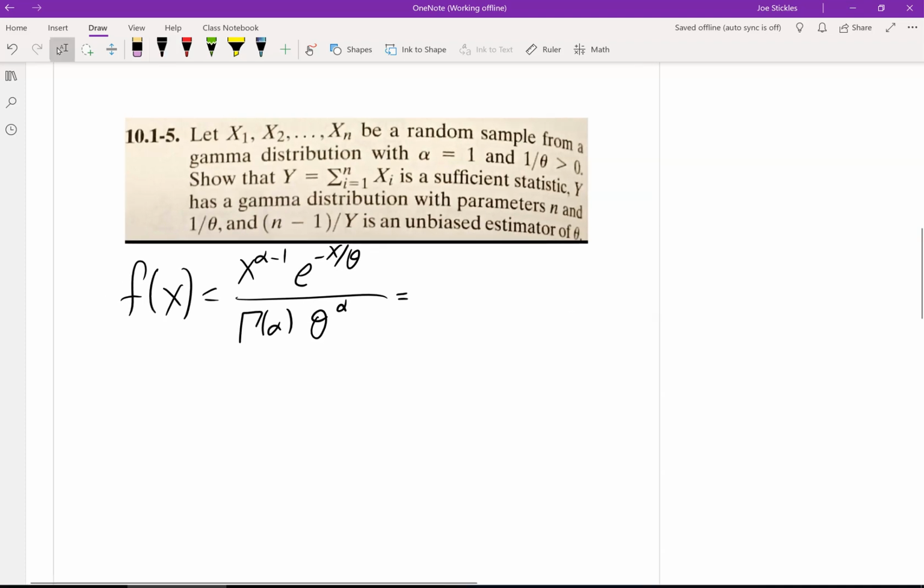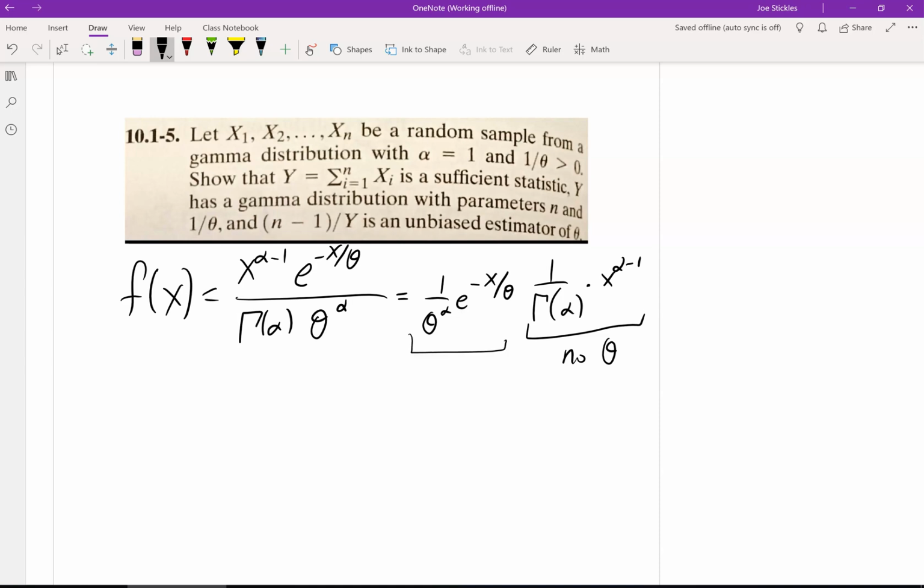Well, in this case, I can write this as the 1 over gamma of alpha times x to the alpha minus 1. So this is the part that has no theta. And over here, we would have 1 over theta to the alpha e to the minus x over theta. So here is our part that has the theta with the x in it. So the function that we can use for the x here would be the sum of the x's. So just from the factorization theorem, we see that y equaling the sum of the x sub i is sufficient, in fact, it's sufficient for 1 over theta,